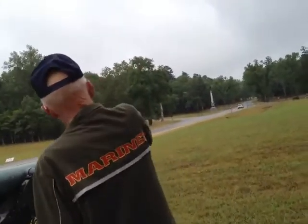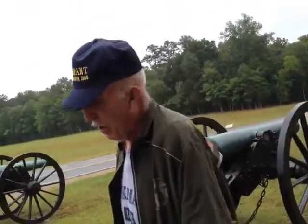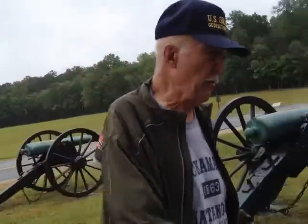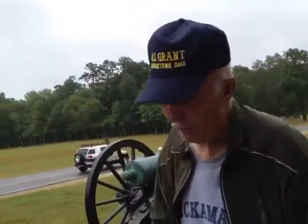Slocum's men, who have reached the Whittakelly's field, are unable to hold their position and fall back. So the fighting will be pretty much over here after the Confederates had made a good start. And by 11 o'clock, the Confederates are back in this area where they started. And will hold here till late in the day, when the Yankees have to leave the field and retreat to McFarland's Gap,